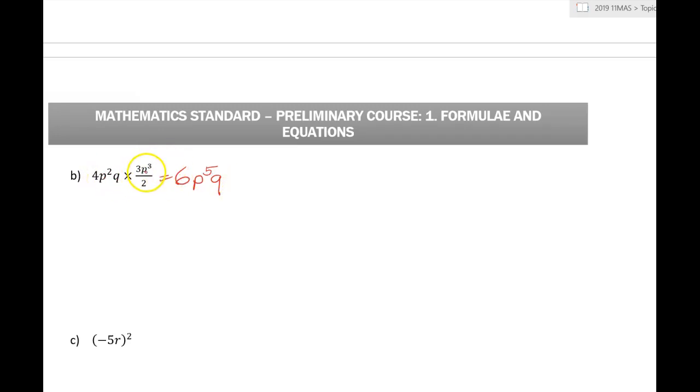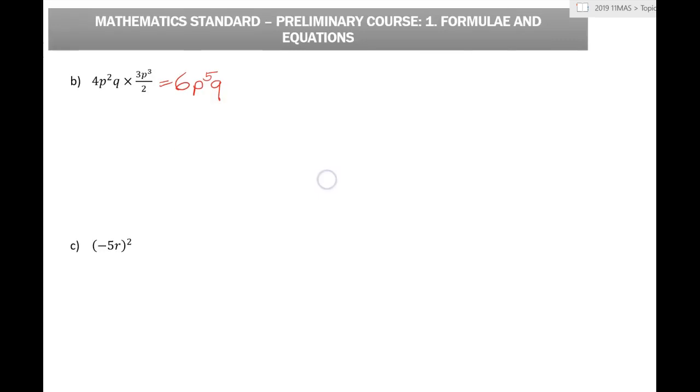This means p times p times p. Altogether, that's p times itself 5 times. Yep, and the q. And finally this here, what does this mean? Well, we could write this as